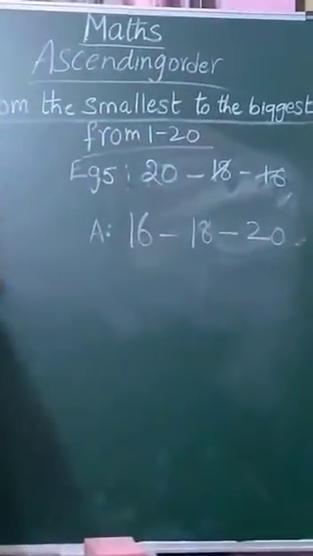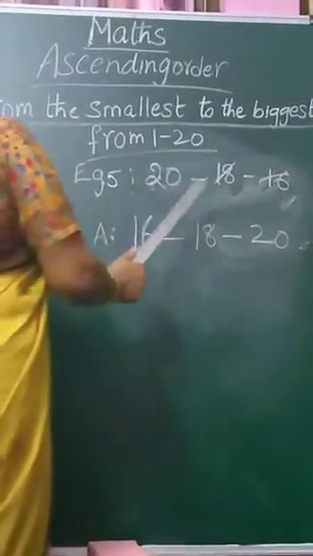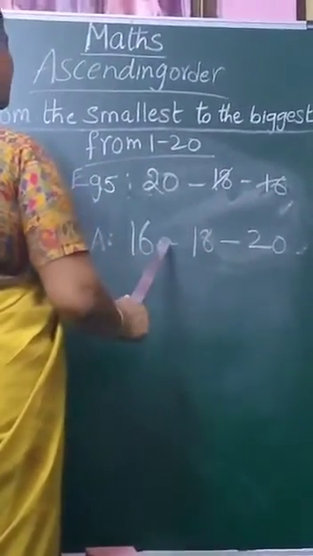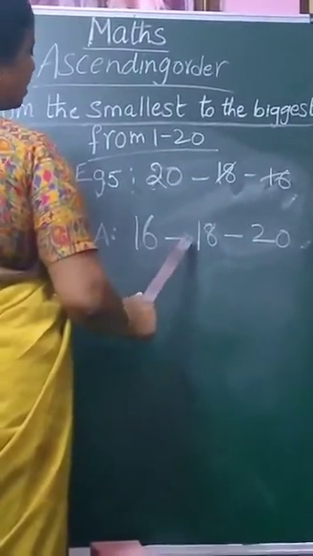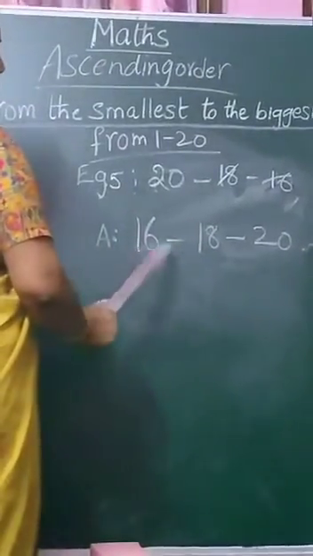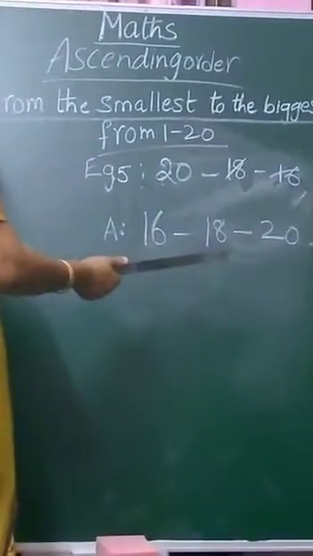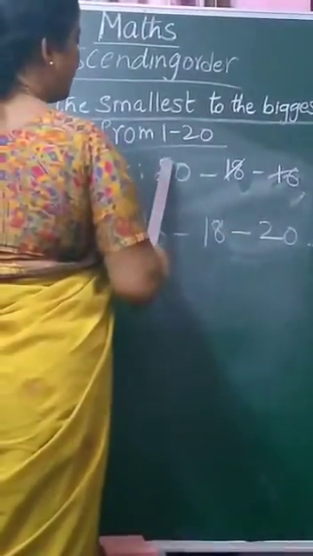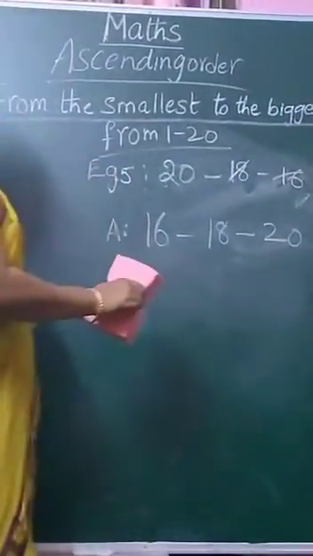Once again I'll explain you. Here given three numbers 20, 18, 16. Out of these three numbers, 16 is the smallest number. Why? Because 1 to 15 numbers are not given. Then after I wrote it as 16 smallest number. Then after 17 is also not given. 18 is a little bigger than smallest one. Then 18 after what number comes? 19 is also not there. So I'll go to the next number. 20 is the biggest number. Have you got children? Shall I teach one more sum?